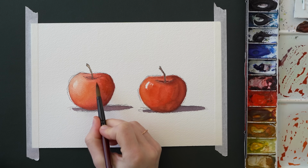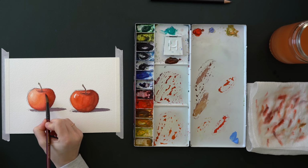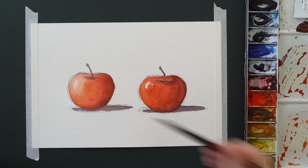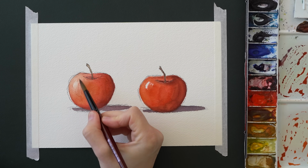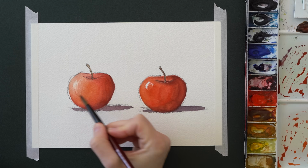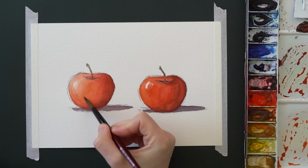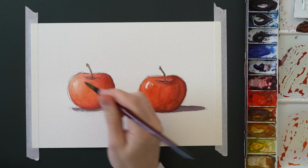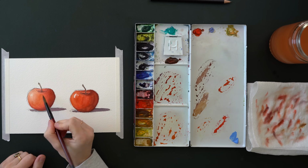Kind of pulling some of this down just to get a little bit of like some texture now that I'm at the ends of these layers. Kind of pulling this down and around. And then pulling this over. Again, kind of letting a little bit of this texture from the apple kind of come down. Gonna kind of soften this with just my damp brush. That looks good. And then last but not least, I'm gonna darken that edge of my stem on the right